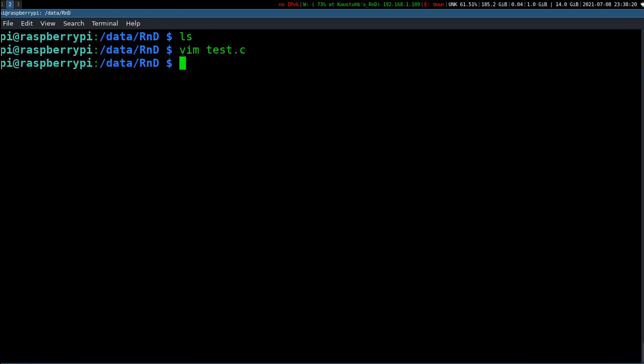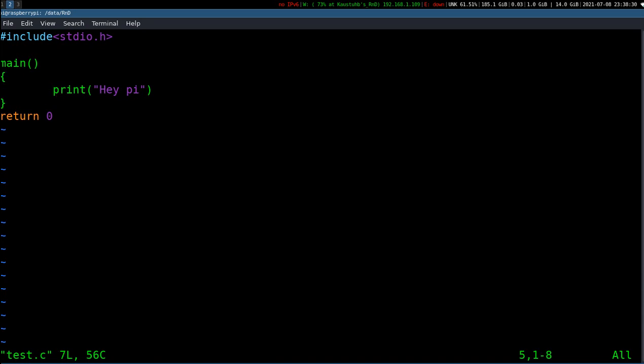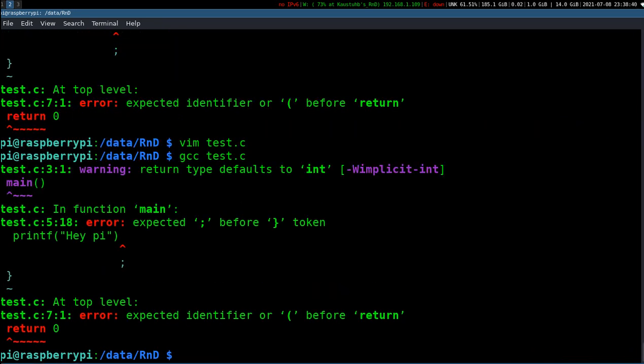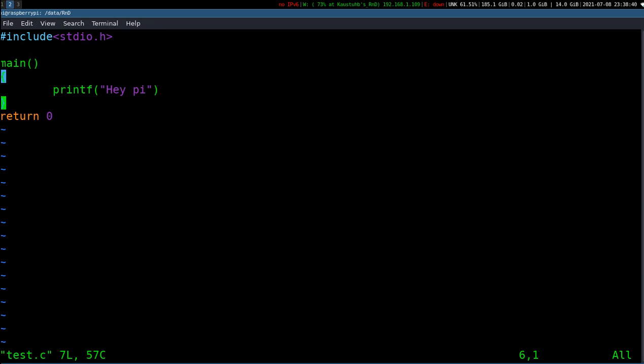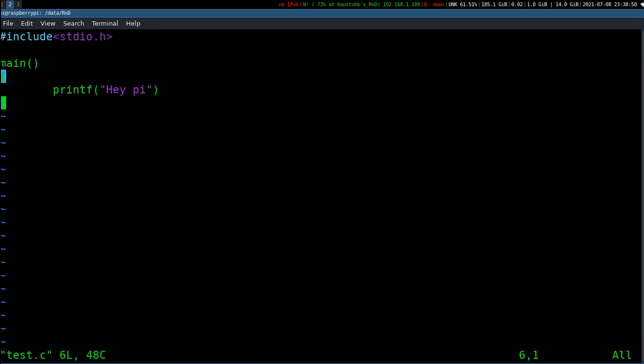Quite bad with the syntax. Now compile this. printf, yes. Okay, let's delete this return 0, we don't need it. Semicolon is missing, one mistake which everyone always makes.